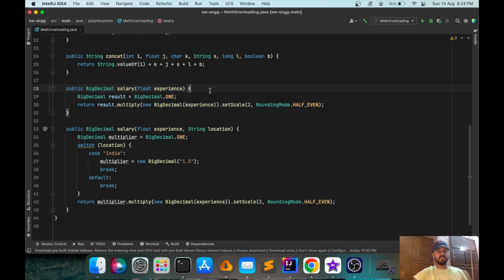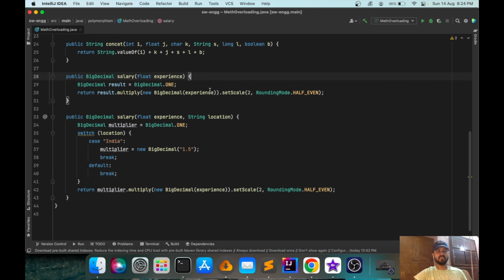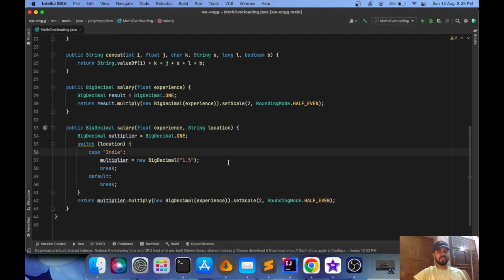The right approach will be to apply method overloading or function overloading. We will simply overload the existing method and create a new method with the same access specifier, return type, and name. The only difference between the above method and the new method is the number of arguments. So this is my new method. It is taking two arguments, experience and location, and based on these two parameters, it has some logic to calculate the result. So this example is also an application of